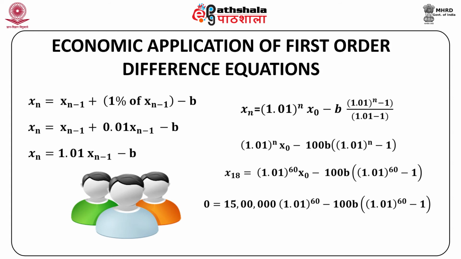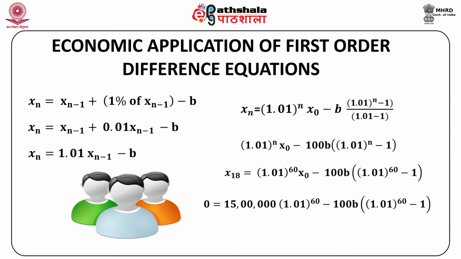Suppose a corporate employee has availed a home loan of 15 lakhs at an interest rate of 12% per annum over 5 years. Find his monthly repayment. Let us denote by xn the amount owing after n months. Let x0 be 15 lakhs, as for the base month 0, the whole amount is left to be paid. Let b denote the amount repaid every month, that is the equated monthly installment or EMI.